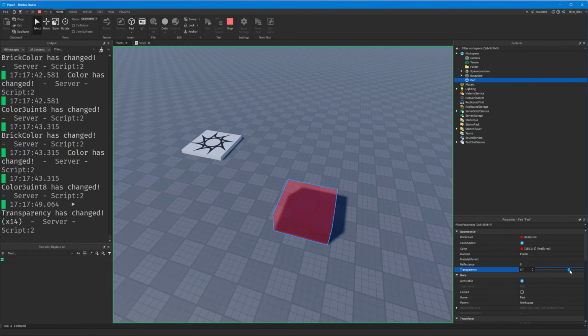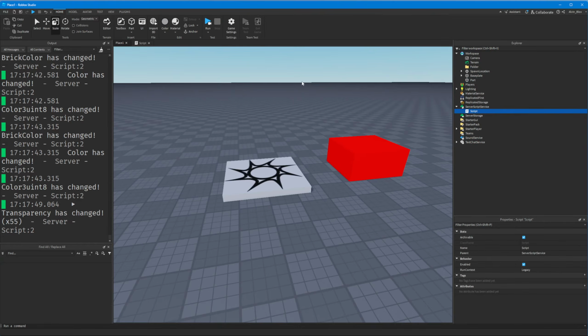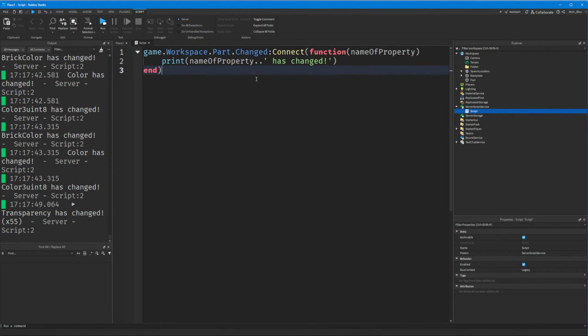And again, this applies to every single property. And sometimes you don't want to attach a listener to every single property, because it is a little bit over the top, right? If you only want to listen out for when one specific property changes, why would you want to listen for the others? All it's going to do is take up more processing power in your game. Albeit a slight amount, but still, for best practice,